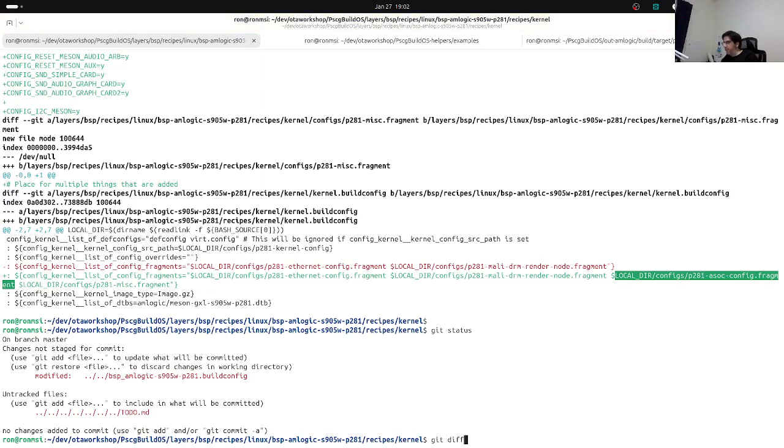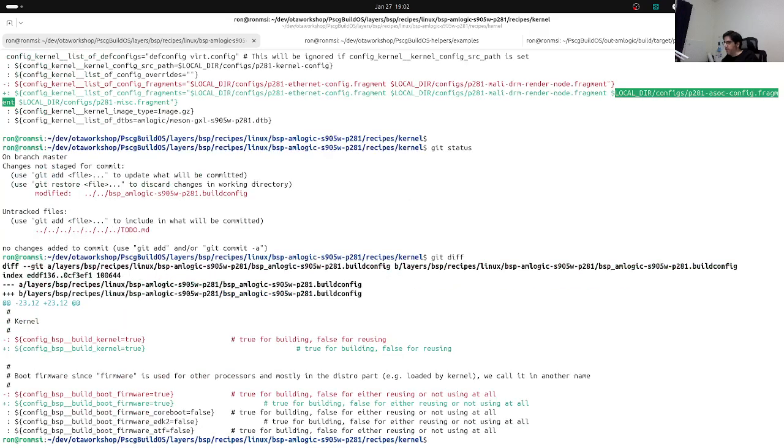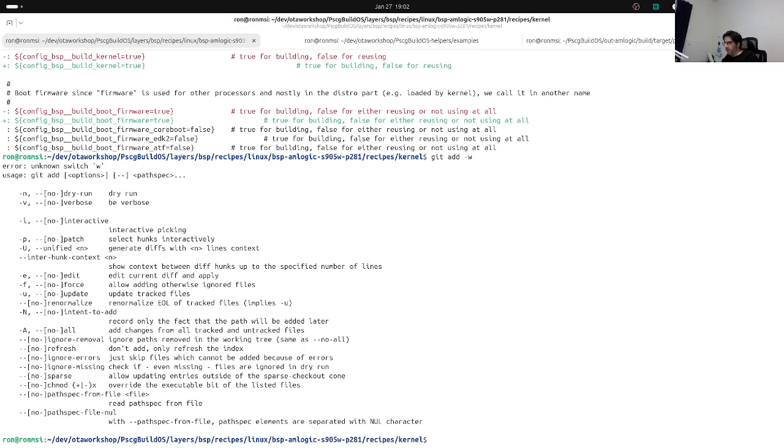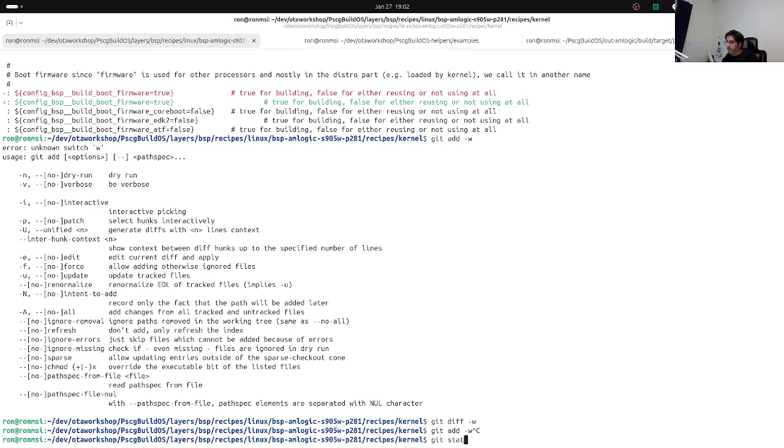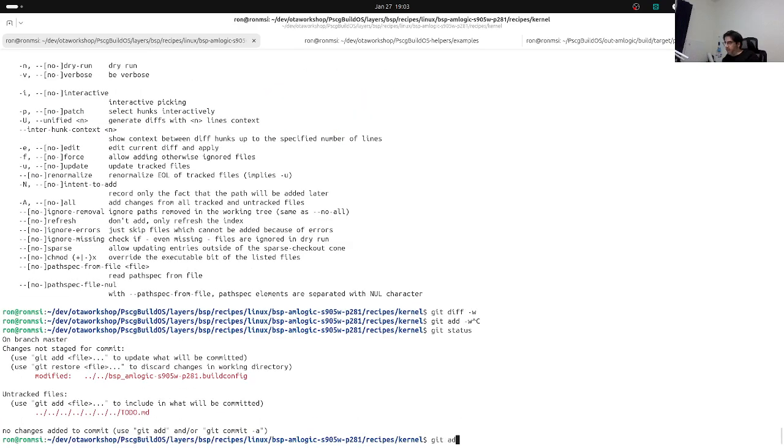So we need to be careful of it. Let's just add for now. I mean, it's just white space, right? Yeah. So I'll be cautious here. And then I'll of course rebase